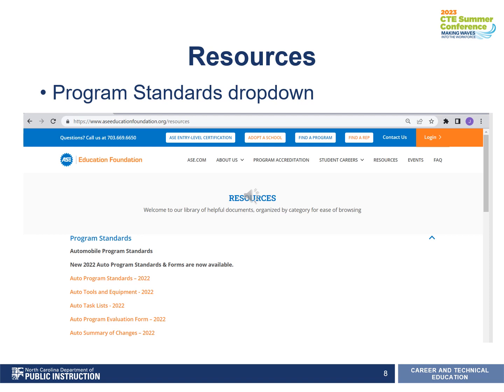So let's start looking at these resources, and first the program standards. So by clicking on the program standards, we see we have a drop down.